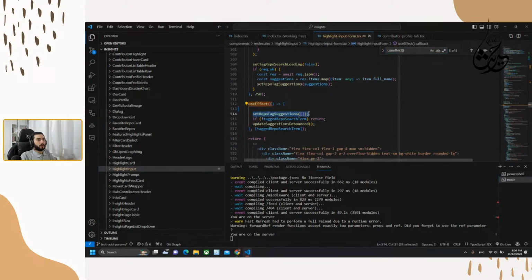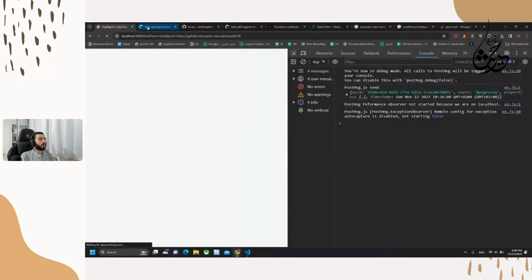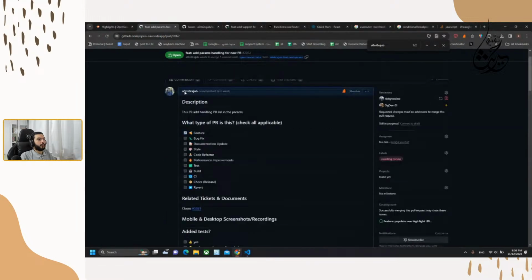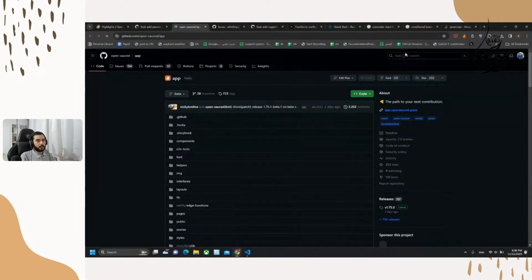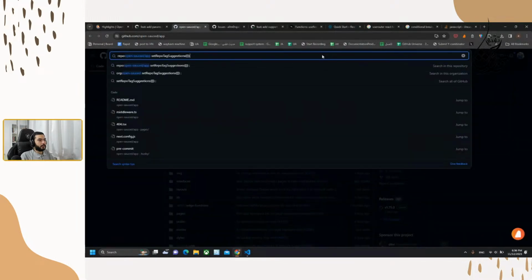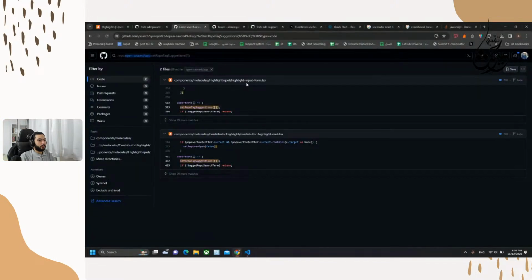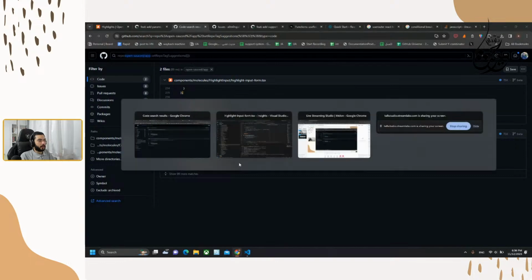What I could do is open an issue for refactoring this part of the code and see if a senior engineer suggests that or not. So this is inside the highlight input form and at the same time inside the contributor highlight card.